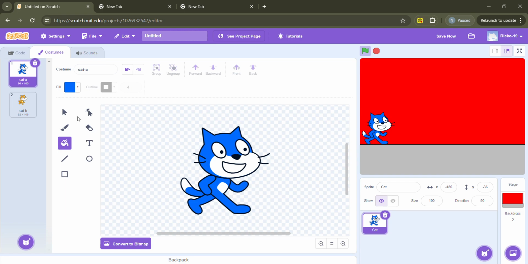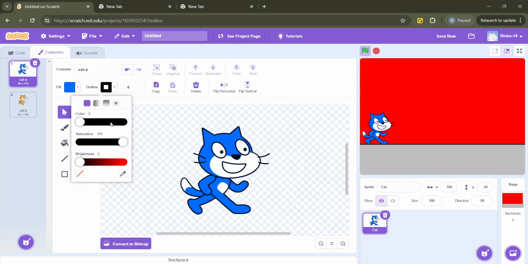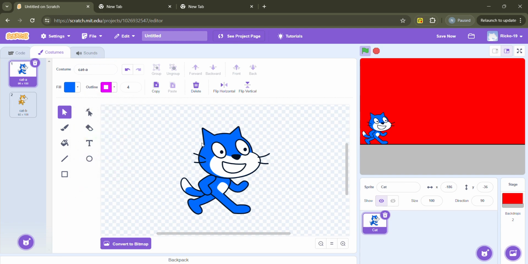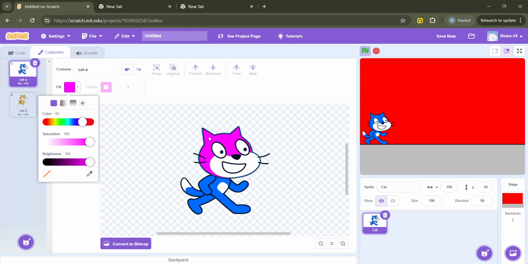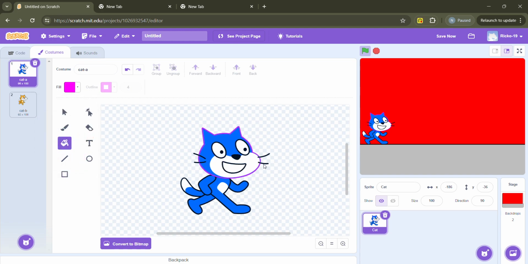black, and another easy tool, if you don't want your outline black anymore, you can just change it. If I want it pink, you choose pink and you just click on it. So our outline for our cat is pink, but as you can see it makes it hard to look at, so we'll just stick with black. So now we have cat,